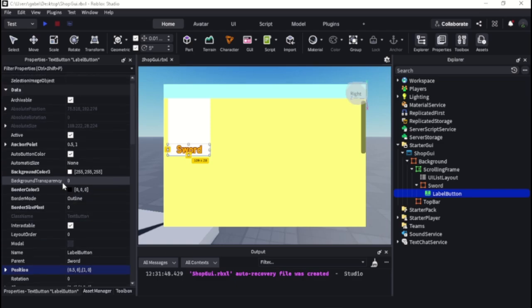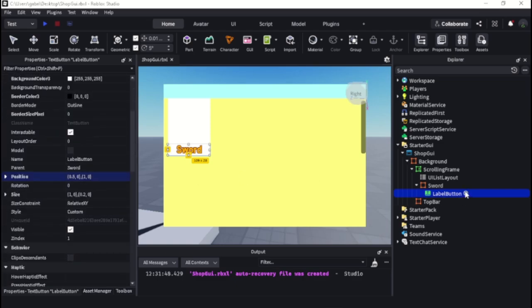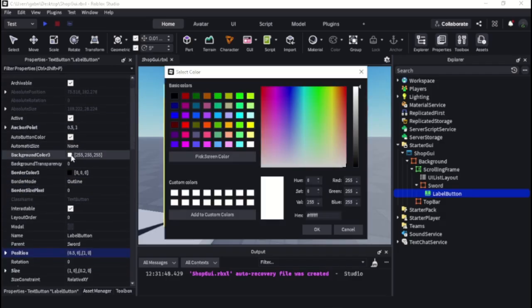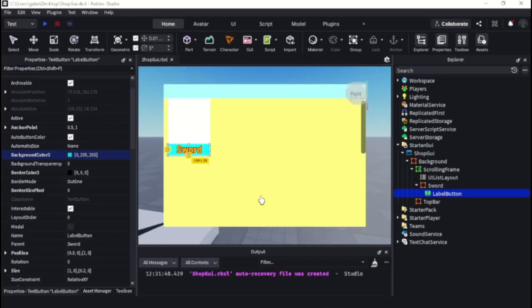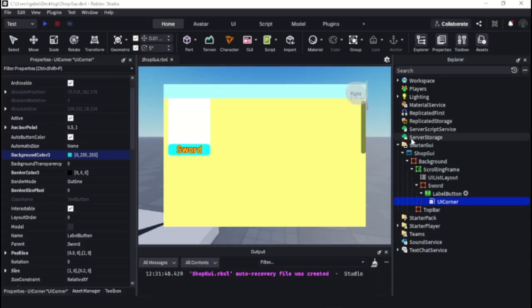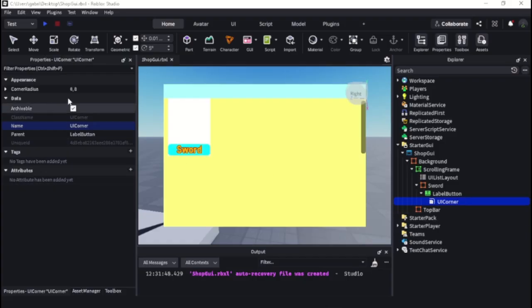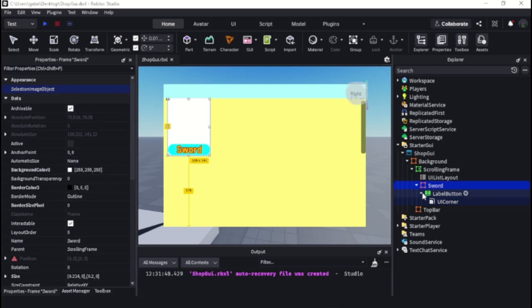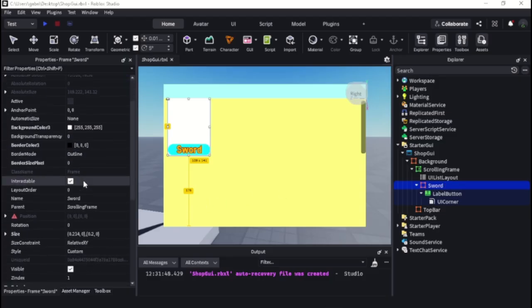Perfect. And I'll add a UI. I like to do this. I like to add a background first, so we can see what the heck I'm doing. So we'll do this, and then the UI, we'll add a UI corner like that, nice corner, and we'll make this 360 because it goes to 360 degrees, just like that. And we'll make the background dark blue. So the sword background, we click on sword, the background, which is the template,